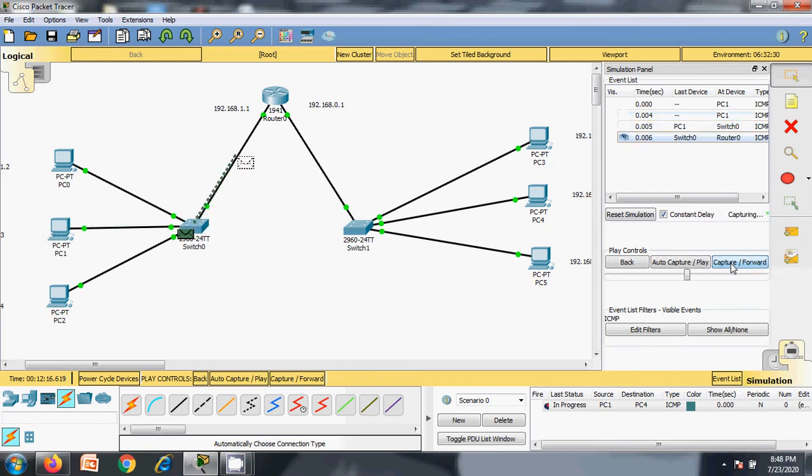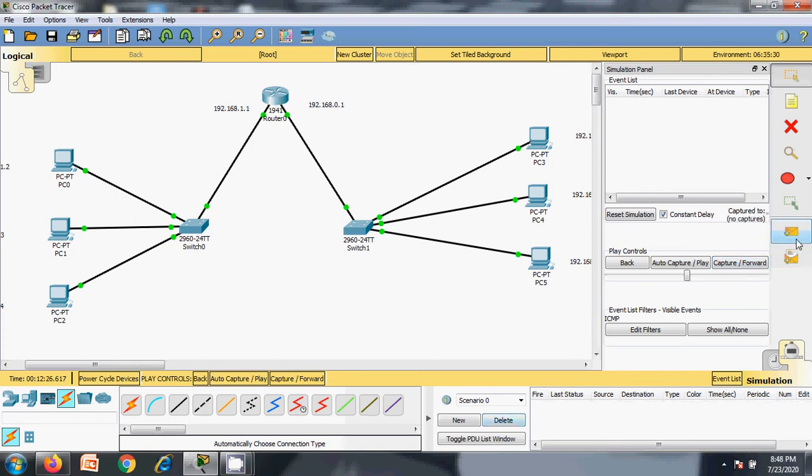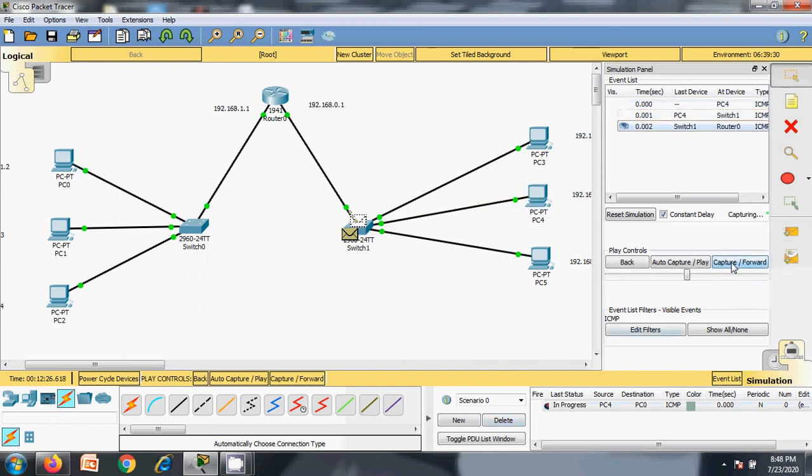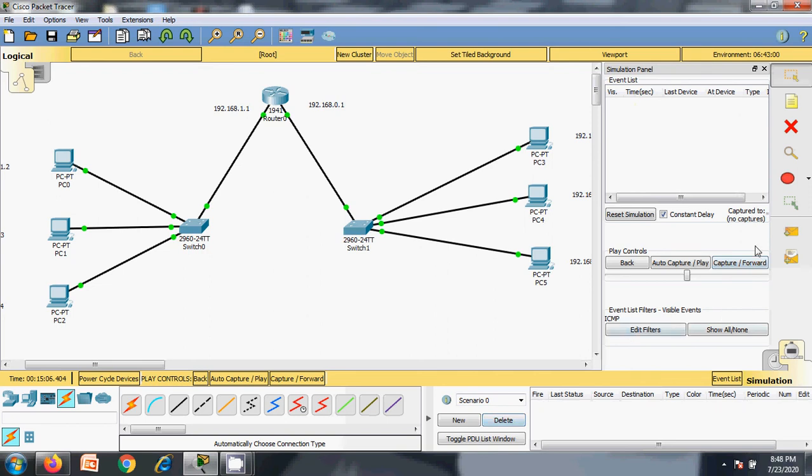There are some situations where everything is properly configured, but it shows some errors in the simulation, right? Wait.